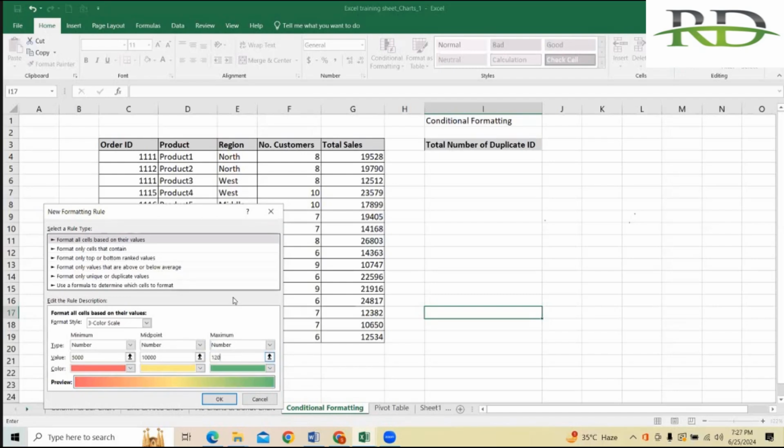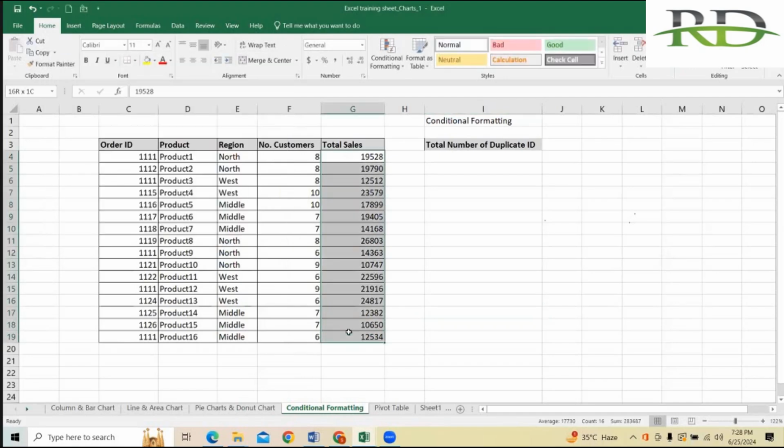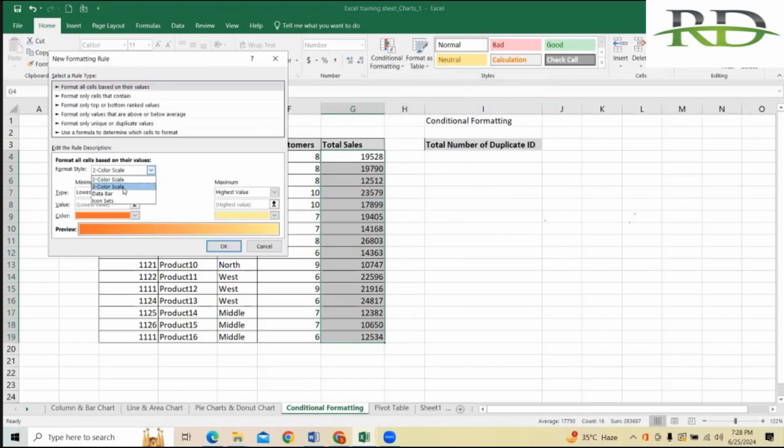Midpoint and maximum value is 12,000. Just click, see what happens. Sure, I think you are right. So basically, you have to take conditions from number, or maybe this is value. You have to check whether it is a number or whether it is a value. Your value is